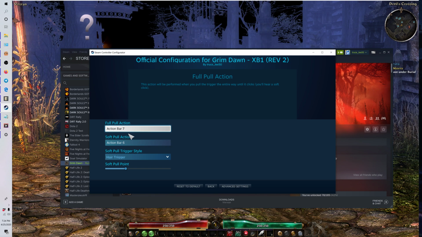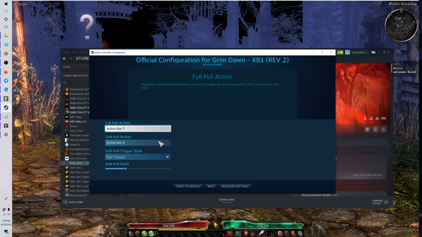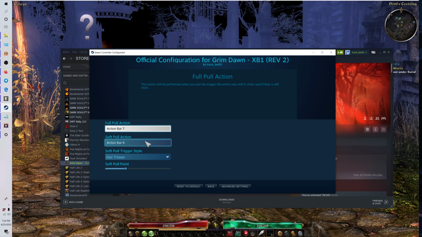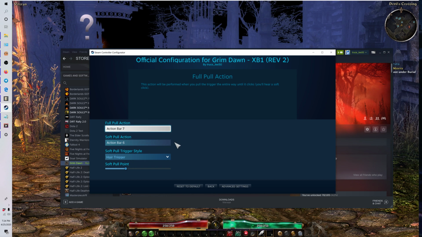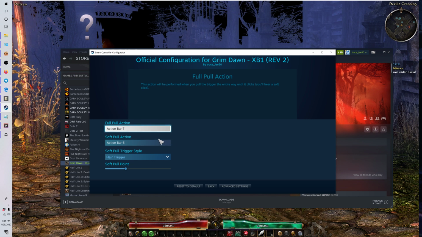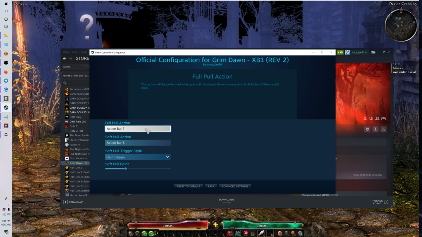What this will allow you to do is actually map two abilities to one button so that you can use both abilities with one pull of the trigger. And this is really helpful for a lot of different types of attack combinations. Like one good combination is ability with cooldown plus backup ability, and I'm going to demonstrate this because I'm going to make a Nightblade and